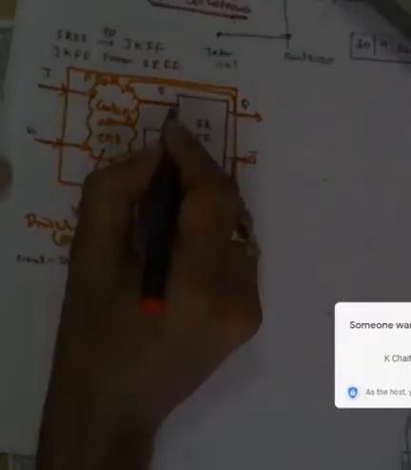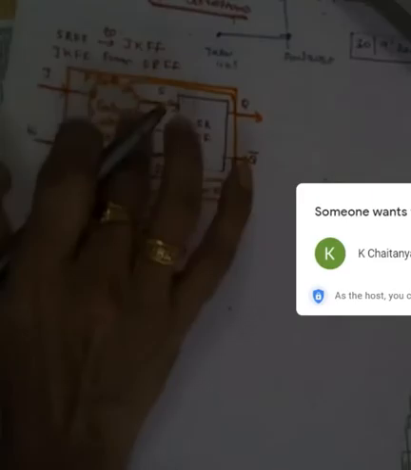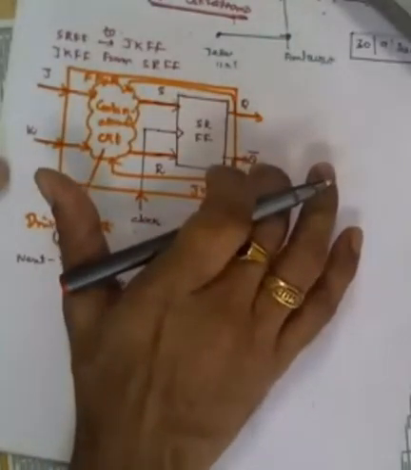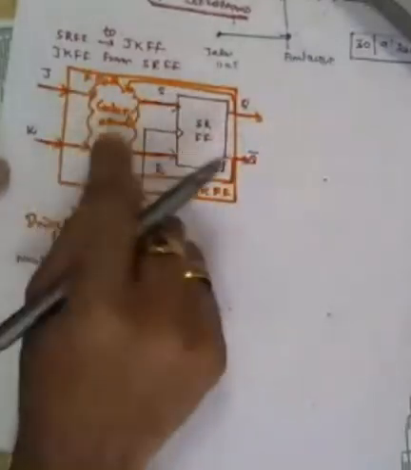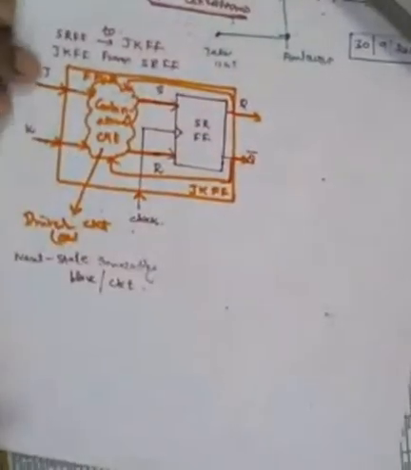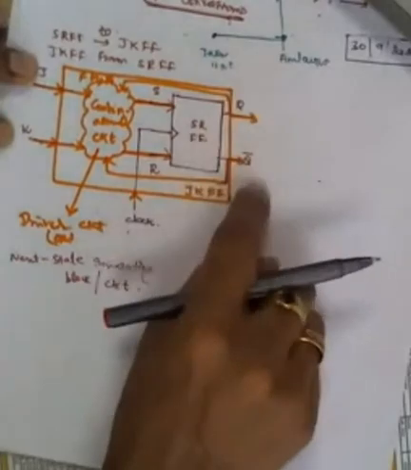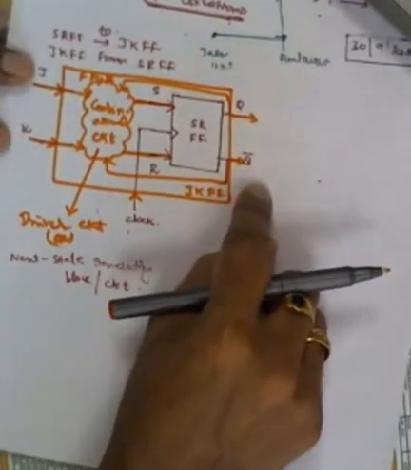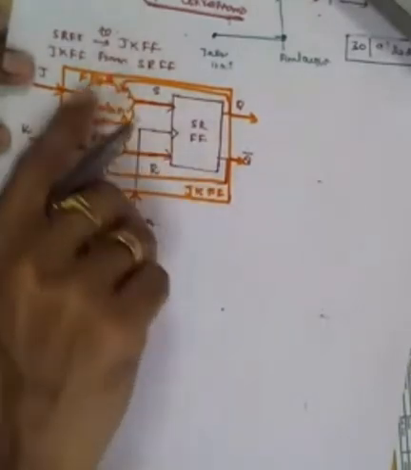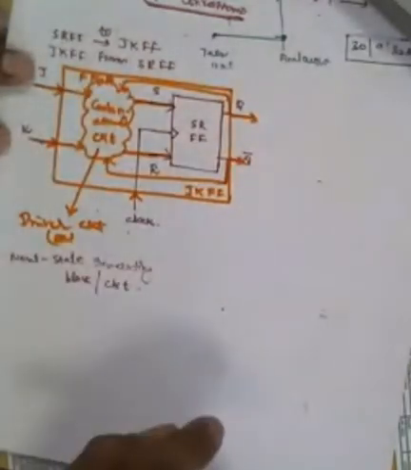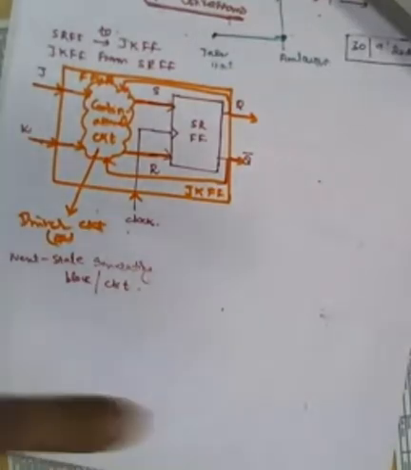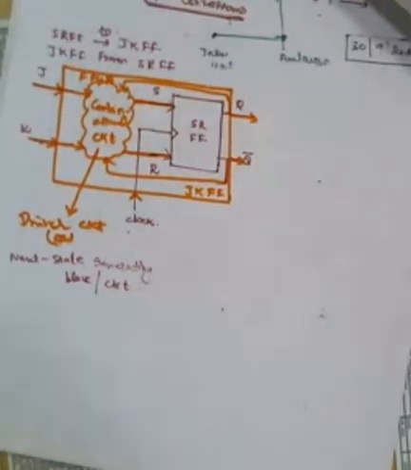That means this circuit only decides what S and R should be. Then S and R only will decide Q and Q bar, right? Therefore, we can design the circuit in such a way that for a given J, K, Q, Q bar, you generate S and R to get the required output. That is the job of these combinational circuits. You got the idea, no?